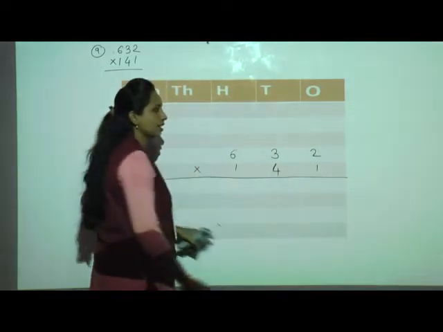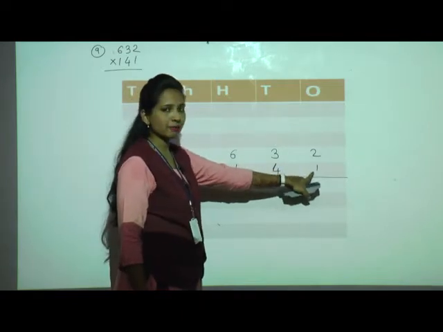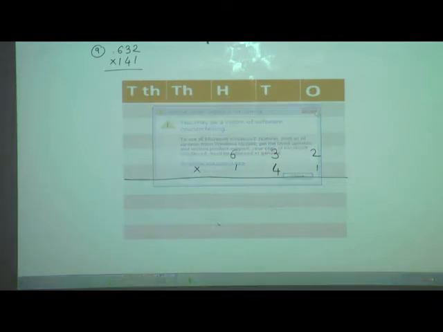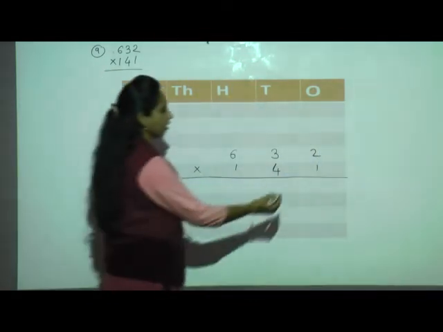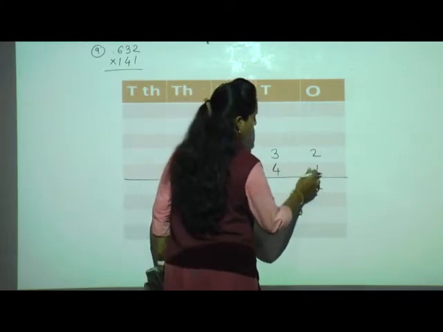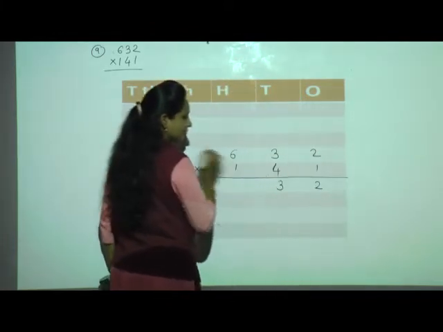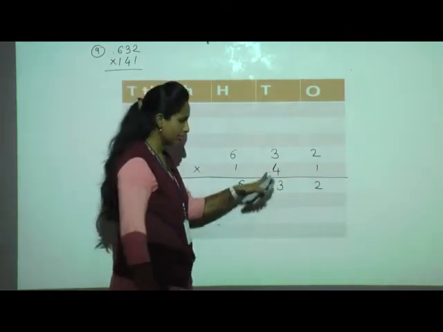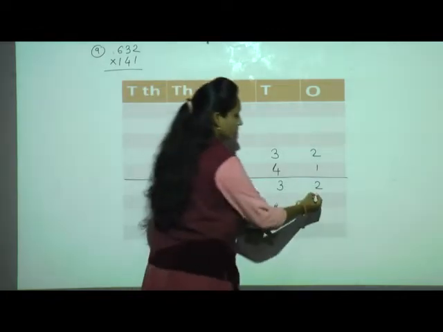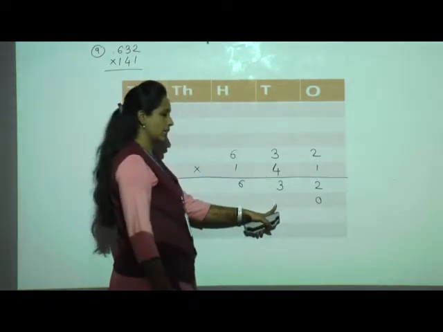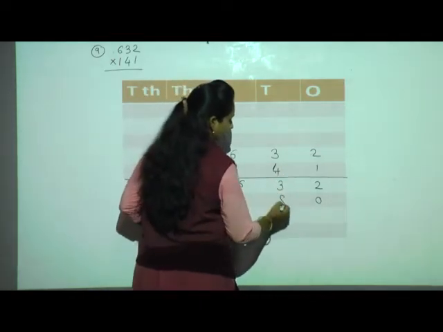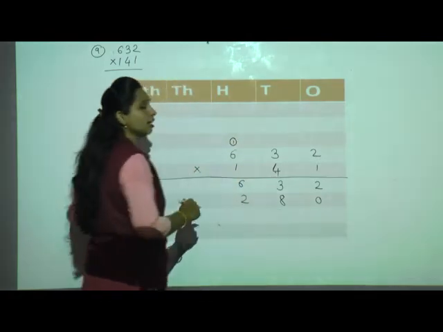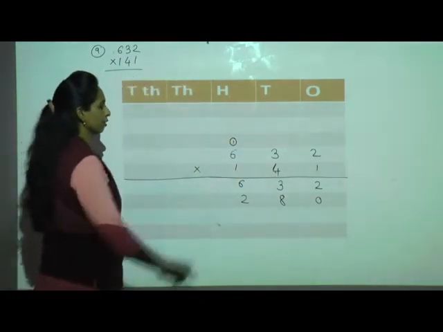Now we will start from 1's place. What is there on 1's place? 1. Now we have to multiply 632 multiplied by 1, isn't it? Now we will start. 1 2s are 2, 1 3s are 3, 1 6s are 6. Okay. Now 10's place. Whenever you are doing 10's place, start writing from 10's. So here nothing is there, means we have to put 1 0. Okay. Now 4 2s are 8, 4 3s are 12, 2 here, 1 will be carry.